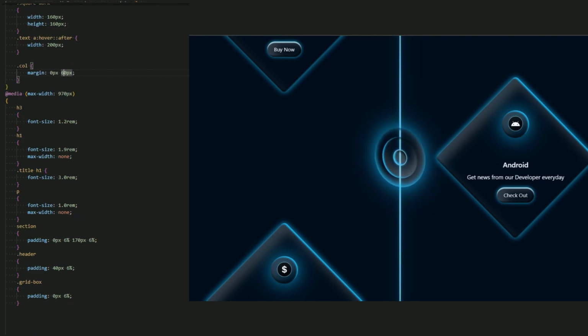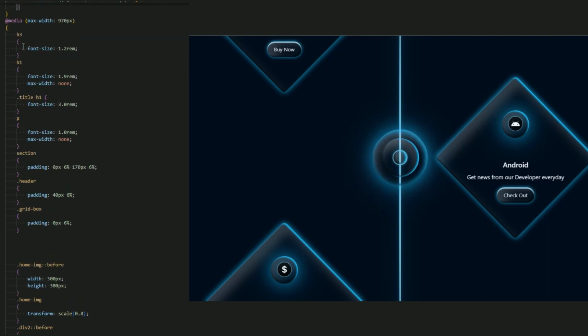Okay, now for the next media of the tablet, again we reduce the font size and the padding of the left and the right to 6%, as you can see it, and we remove the max width because I added display grid to repeat 1 and the 1 apart in the next line, as you can see it. Okay, and now